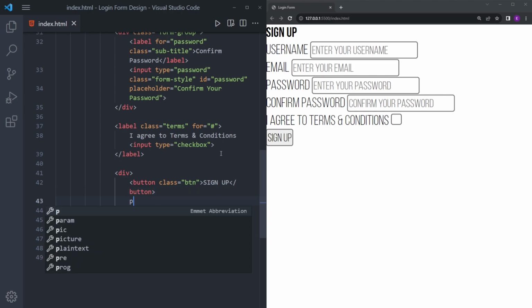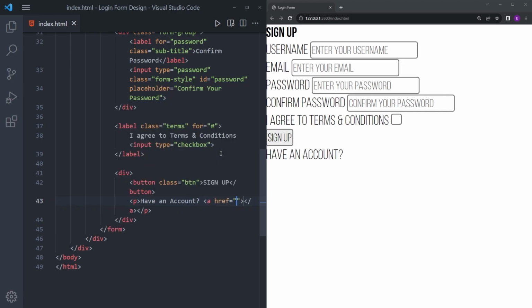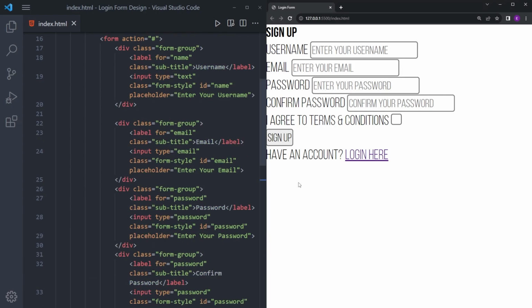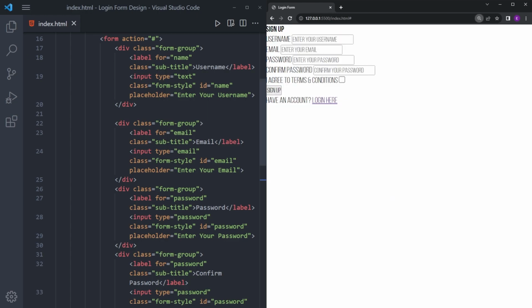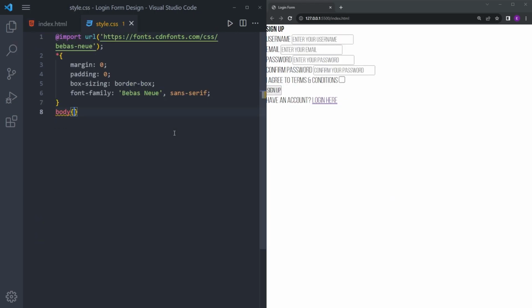I'm gonna create a paragraph tag, have an account, and an anchor tag for the login here button. I'm gonna give it a class of link, and that is it with the HTML. It looks like this now. So let's style this. So first we're gonna give the body this nice background color, this nice beige color, and